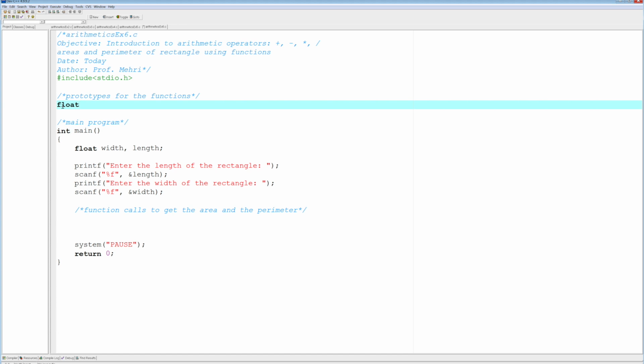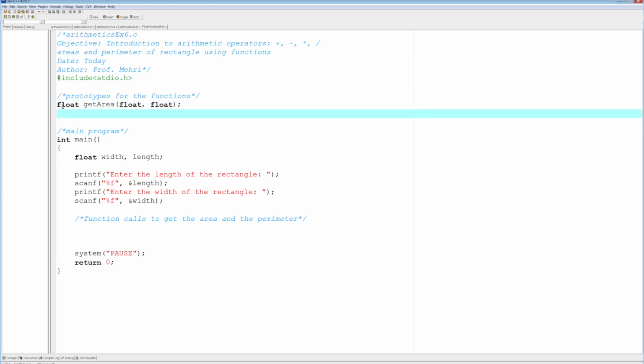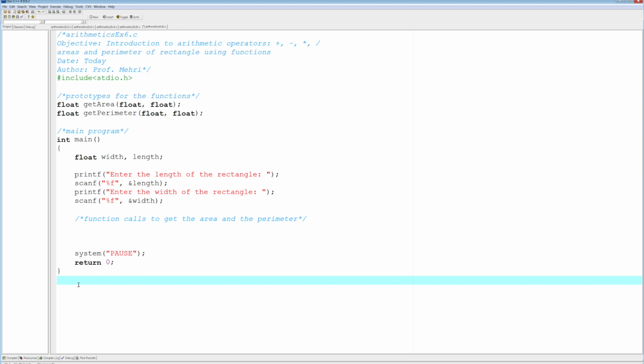Notice no longer void in there. Get area. And it will take two floats. Float, float. So it takes two floats, returns a float, right? Same thing with perimeter. Float, get perimeter. And then float, and then float. So this is a good idea because with the verb now, we know this function will do something. And if it does something, it's going to give us something back. So no longer void here. Okay. All right. So get area and get perimeter are going to be the function names that we're going to